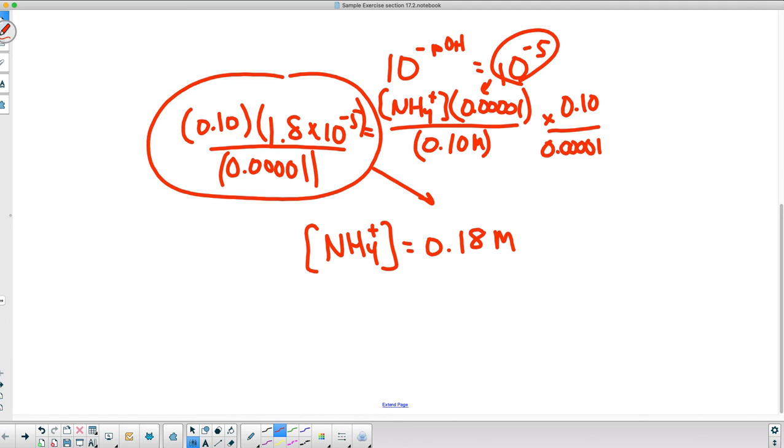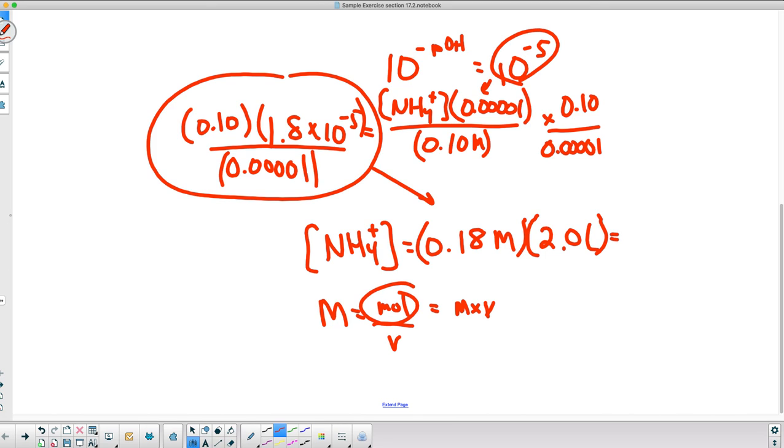And then concentration equals number of moles divided by volume. And if we're solving for moles, that equals concentration times volume. So our volume is 2.0 liters like this. So that means 0.36 moles